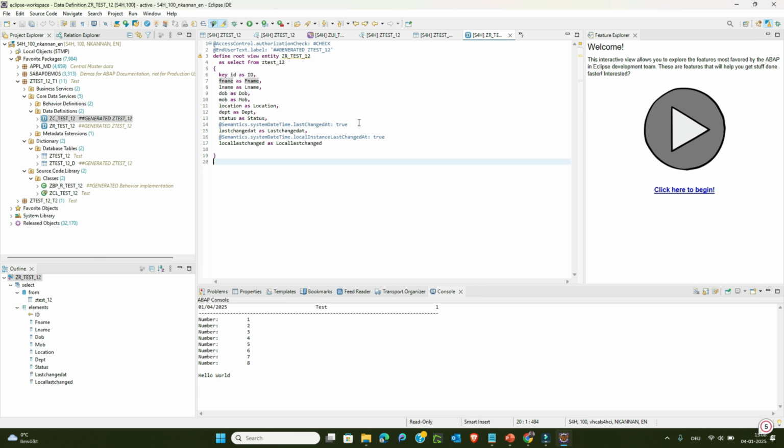And then using annotations, these two are what a system determines. These two are determined by the system using annotations. Last change, that local change. Okay, so yeah, so this is the